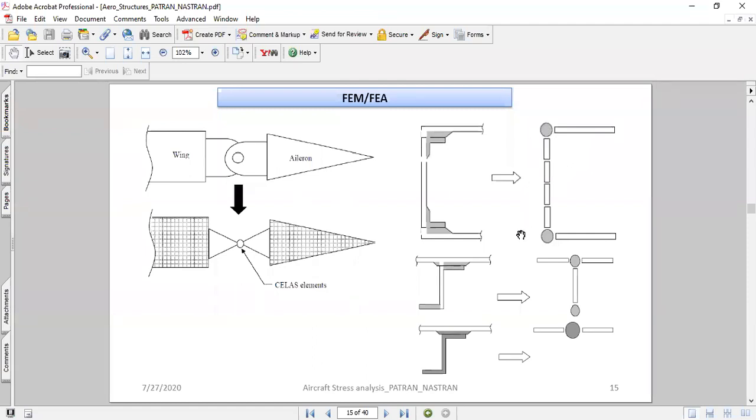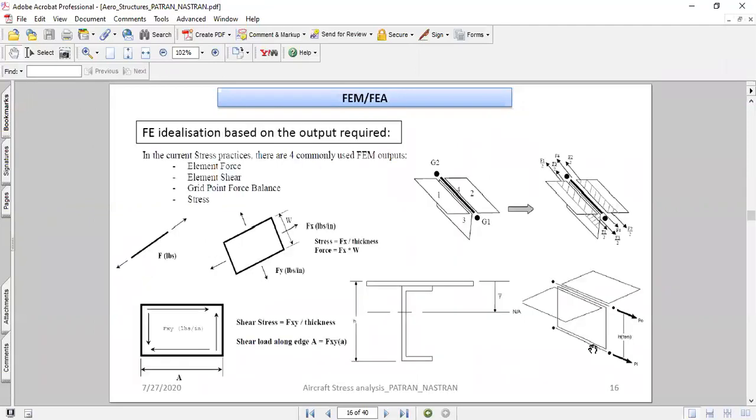I'm going to explain in a bit, when I jump into the Patran Nastran tool and we talk further on this. On the right below bottom, it is the same, whereas a beam with a Z section is idealized in a similar way. I'm just showing various different types of idealization.